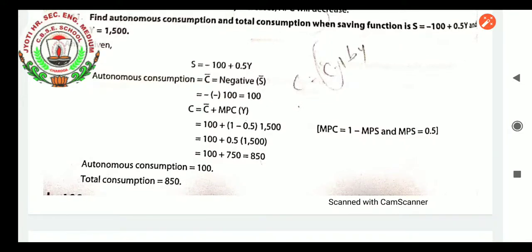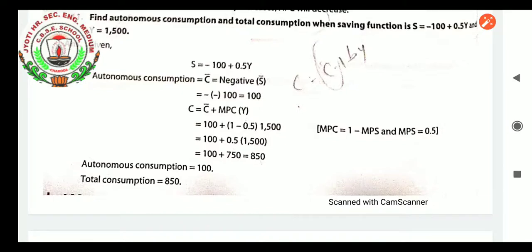See here students, this question makes us understand there is a relationship between the C function and the saving function. Whatever is done, whether consumption or saving, it is done from the income of the person. If the person is earning a minimum income or zero, then also the consumption will be there, and in that situation savings will be zero or negative. But as we proceed, when the income is increasing, consumption will also increase, and at certain levels saving will also develop for the person.